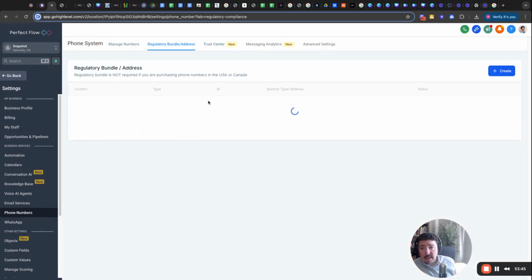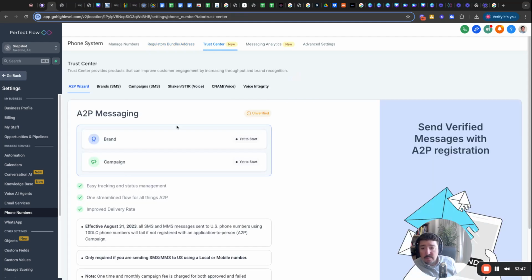Let's just get out of here. All right, so what we're doing here, you'll see brand. Once you submit that, the brand is going to be pending, okay? And once that is approved, which usually doesn't take too long, most of the time it's within the same day, you go through and click start the campaign section, and you just build it out. We already did the campaign, so you just got to go and click